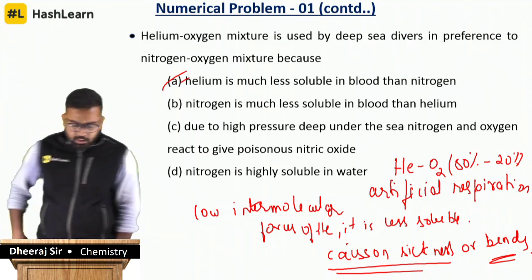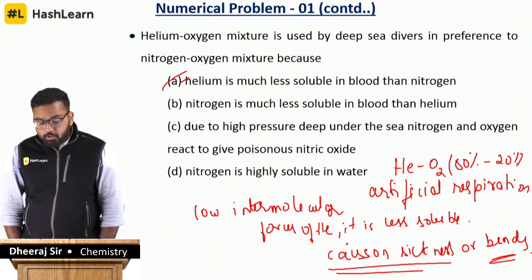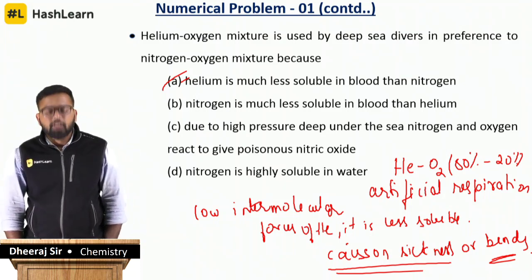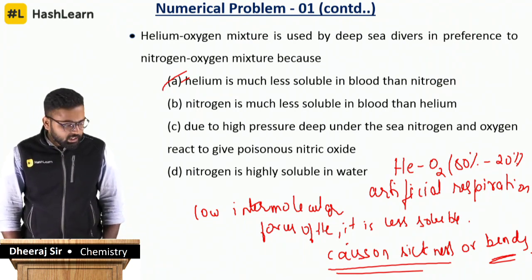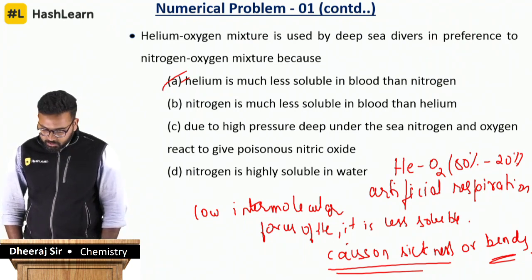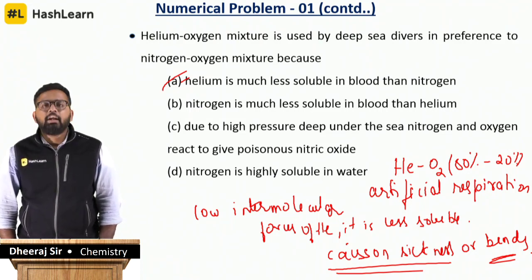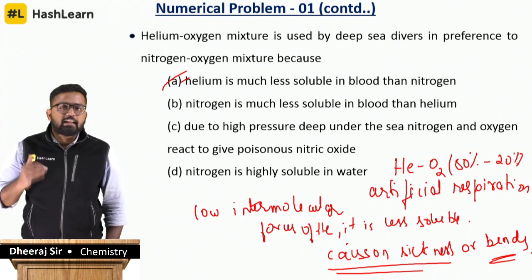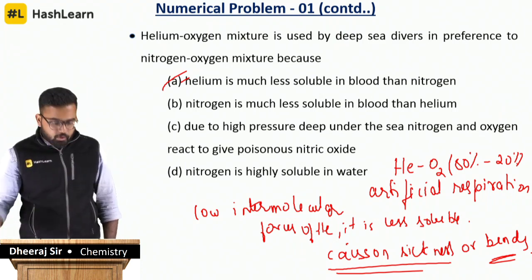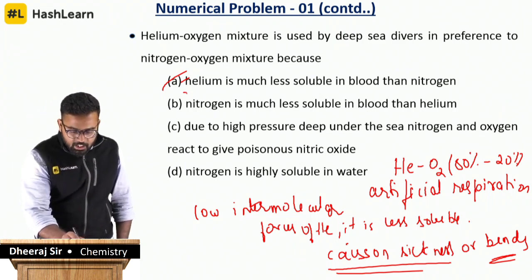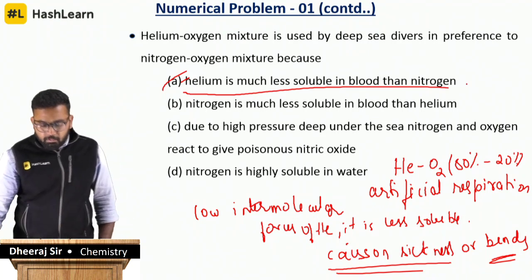So the right term is, I shouldn't be using too much of that gas which is soluble. Therefore I am using 80% helium and 20% oxygen. Therefore, when a worker moves from high pressure to atmospheric pressure, too much of the dissolved gas is not exhaled out. So looking at this, I should be able to tell that helium is much less soluble in blood than nitrogen,